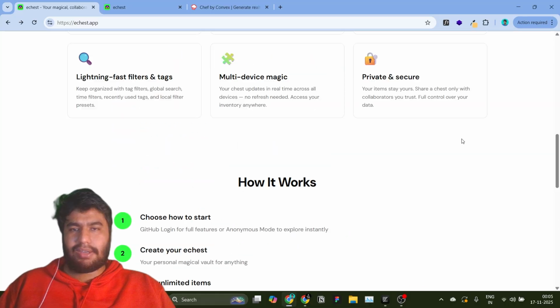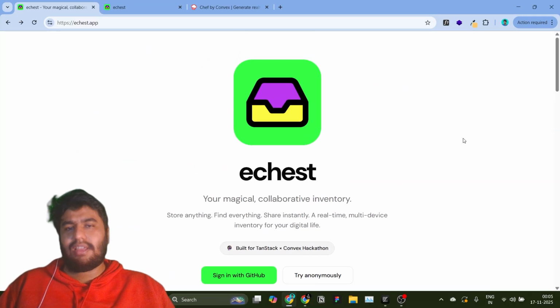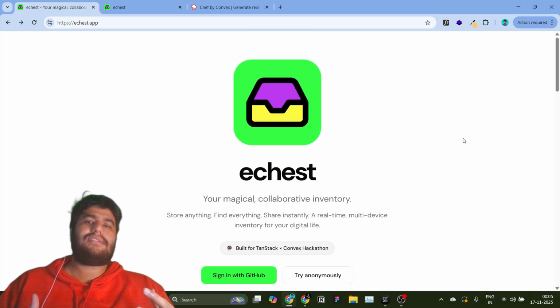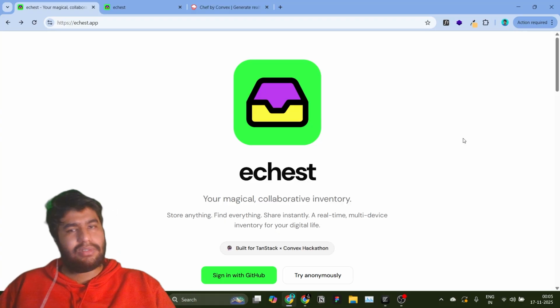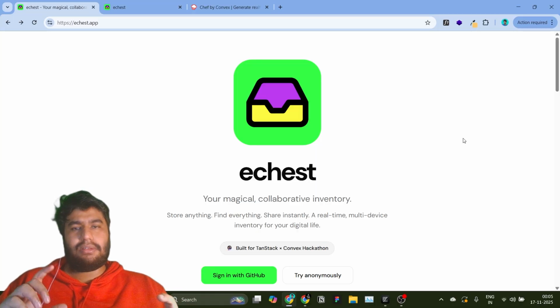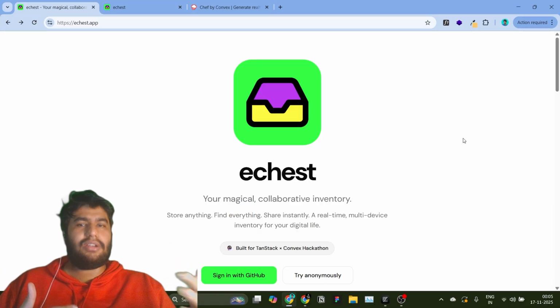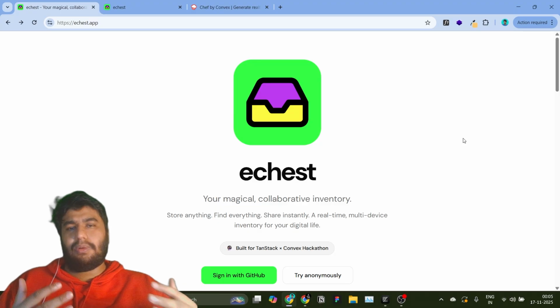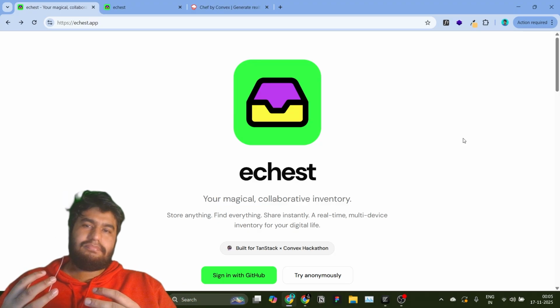So go and try this out and let me know what you think of this. Of course, I know there is Notion, there is Raindrop, and a lot of similar tools to this. But this is something that I specifically wanted because I have been using self chat in WhatsApp to send all these links. So from there, this is